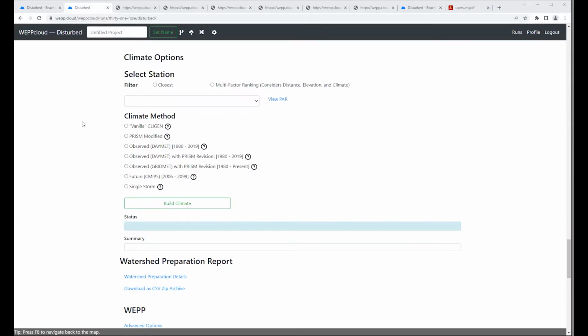In WEPPcloud, you have several options to build the climate files. These options are a combination of both observed and stochastically generated data. To run the model with long-term continuous simulation, we need information on several daily weather parameters, such as precipitation amount, storm duration, time to peak intensity, maximum rain intensity, minimum and maximum temperature, solar radiation, wind speed and direction, and the dew point temperature. All these weather parameters are generated with the CLIGEN model, which is a stochastic weather generator